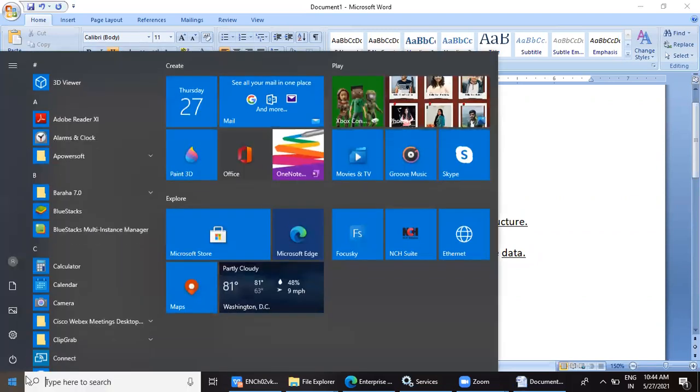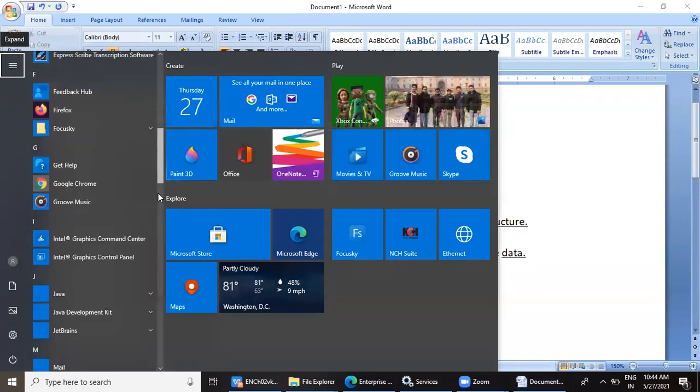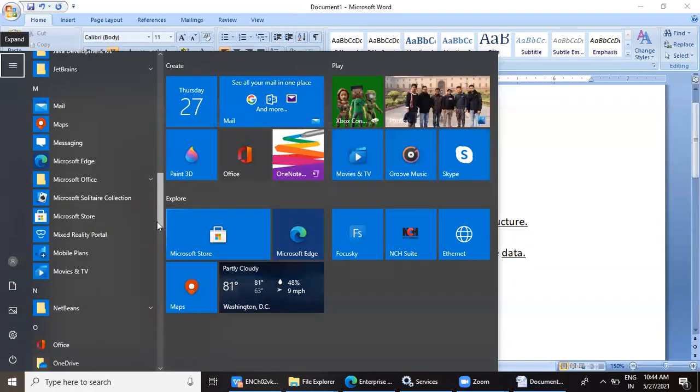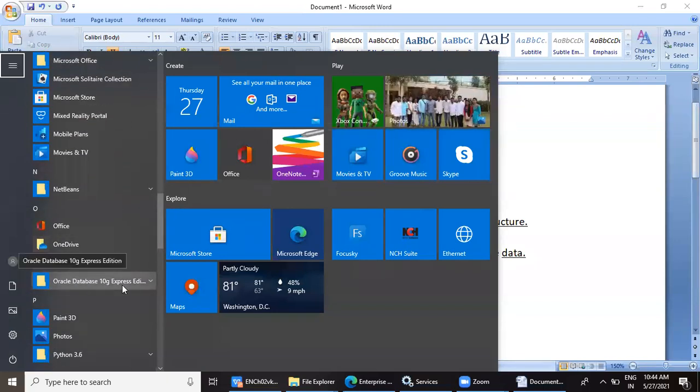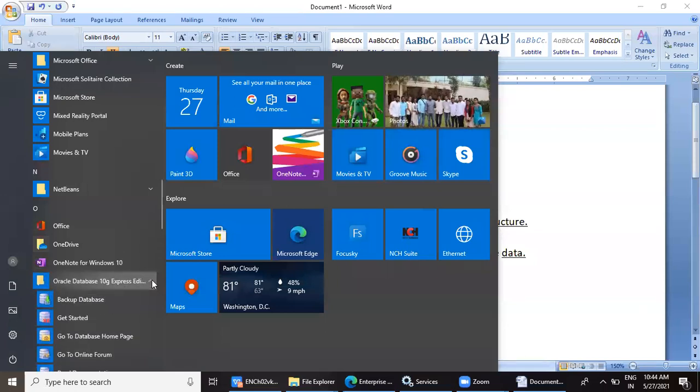Or you better click on this Windows button, and then here in the menu, after you have installed Oracle 10G, you will find this option, Oracle Database 10G Express Edition. Yes, everybody write down in short: Windows button, dash, Oracle Database 10G Express Edition.